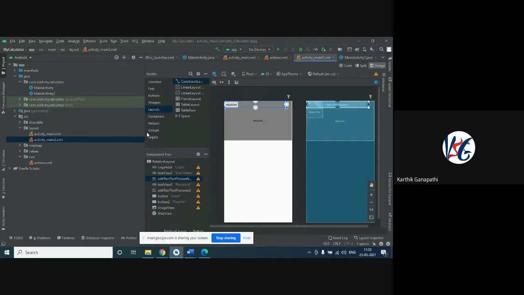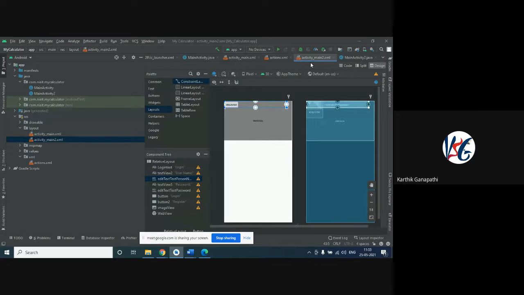Okay, as you can see here, we just dragged and dropped the components, and here are some of the components. And if you want, it is better to use a constraint layout. If you are using a constraint layout, we need to take care of some other options also. That also I will tell you. If you're not comfortable using the constraint layout or any other layout, you can go with the linear layout. It is always better to use a linear layout so that the arrangement of the pattern will be very simple. Okay, very easy for you.